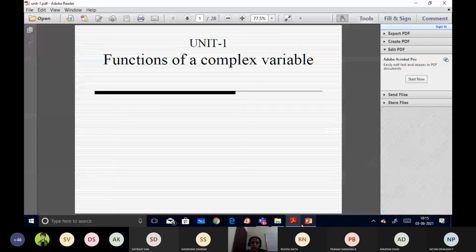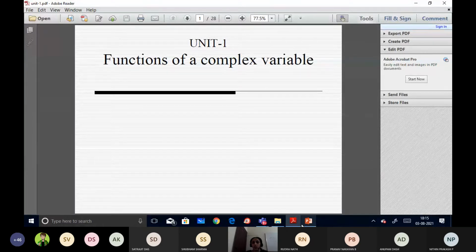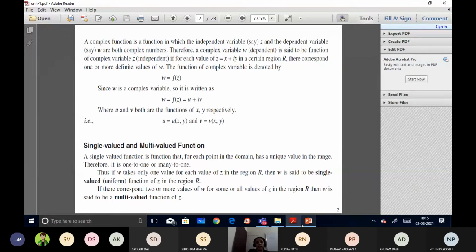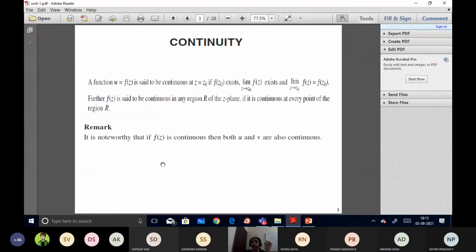Now I'll just move on to the other part, this is your module. Here is where you are going to start with complex analysis. In the complex, first we are going to talk about analytic function. So I told you about what is a single valued function, what is a multi-valued function, so I'll just skip it. Continuity also, just now I showed you what is a limit value. Here I have defined everything in terms of z because we are dealing with a complex number. Whatever definition holds good in the real will hold good in the complex number. See, only this class I'll be using this slide. For all other classes I'll be solving using the board, because here we have definitions. I want you all to take down the definitions properly. That's why I am using the slide here.